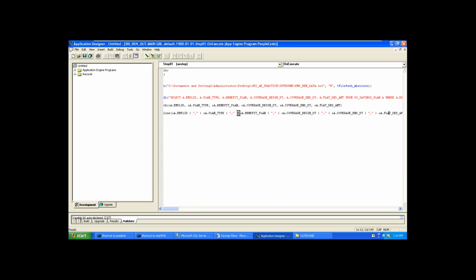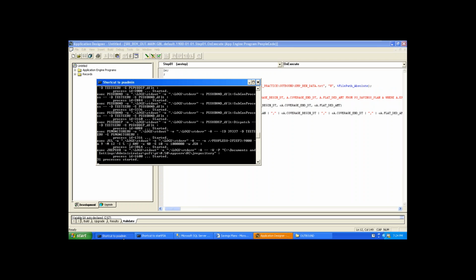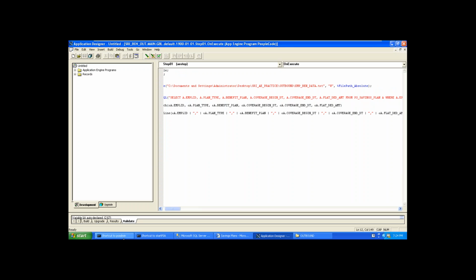Now your program is ready. Now you have to write the data. Once your program is completed successfully, your data will be loaded into this file.